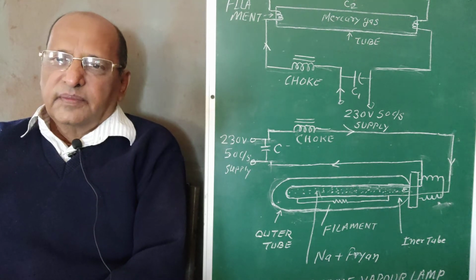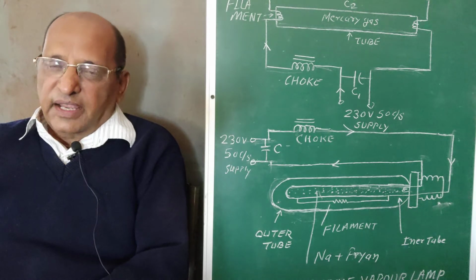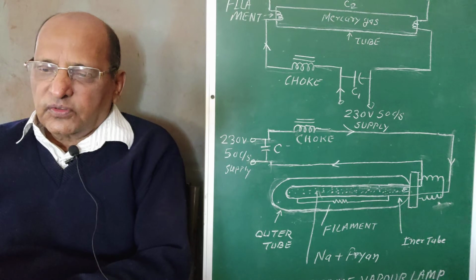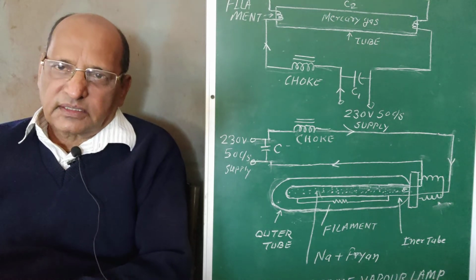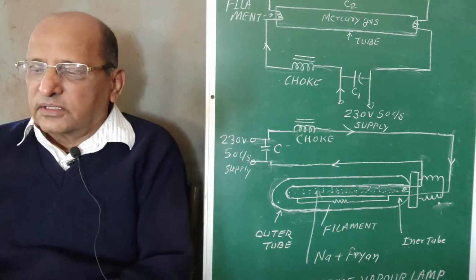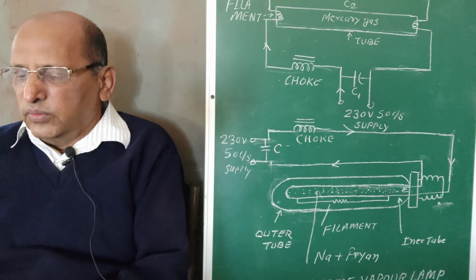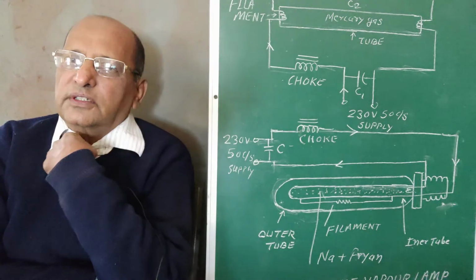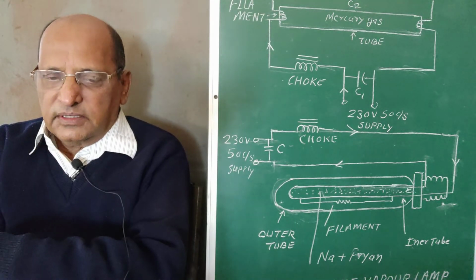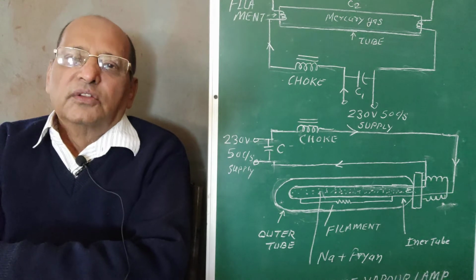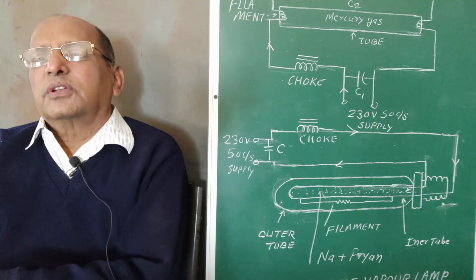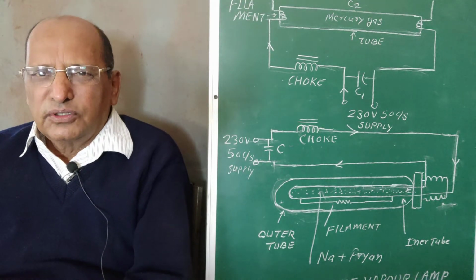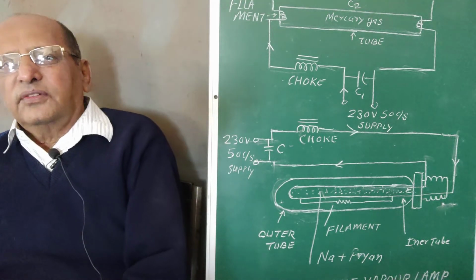Solid angle means that when light falls on a surface, the angle formed by the source and the lit surface is called the solid angle, and this is given by the ratio of lumen to candela. Candela is the power source unit, so the ratio of these is represented as the solid angle. So in this particular topic, there are a few terms which I have given to you, and most important is this tube light circuit.